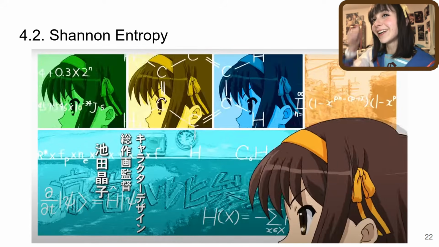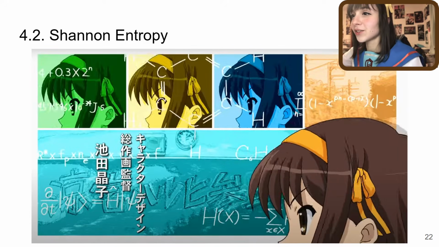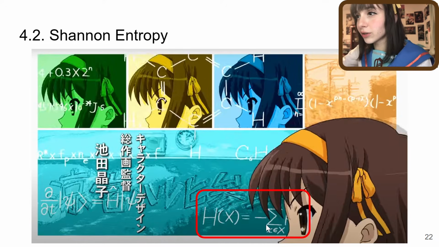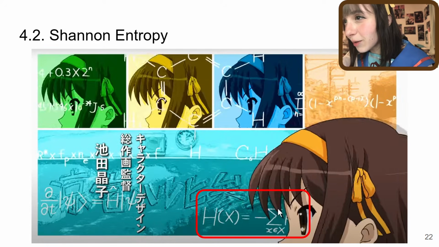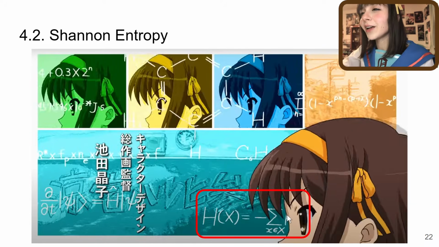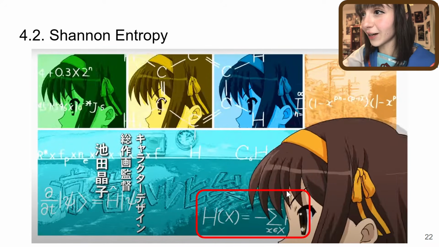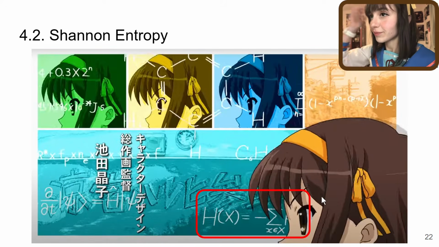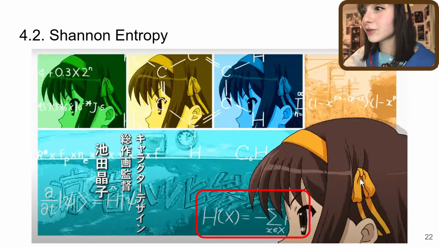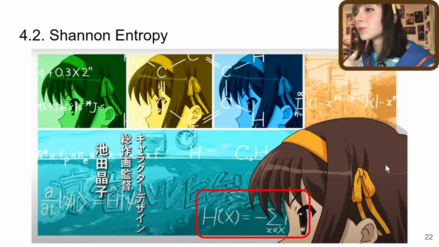Anyway, so Shannon entropy. This equation actually took me a little bit of time to think about what it is, because it looks like another Hamiltonian, but I have never seen a Hamiltonian that looks like this. Then I realized, oh wait, it has to be the Shannon entropy. I am 99.9% sure that this is Shannon entropy, but Haruhi's face was covering the equation most of the opening, so if anyone has any idea of what else this could be, please let me know, but I'm pretty sure this should be Shannon entropy.